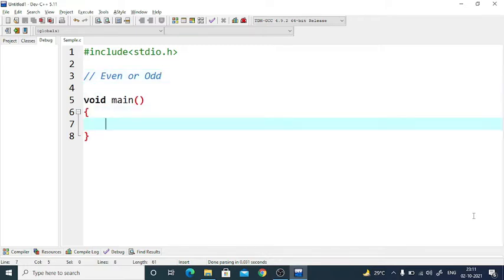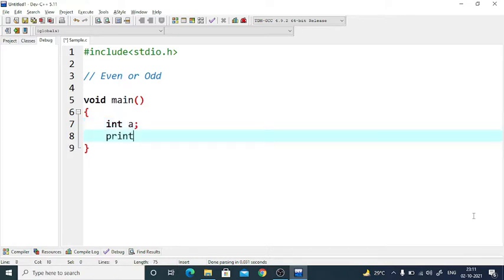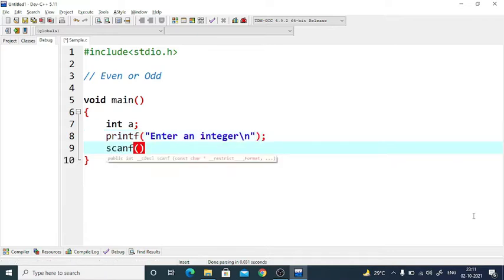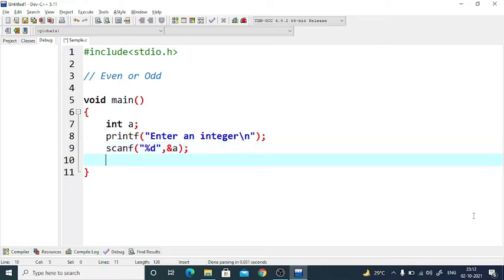We'll be having an integer variable as an input. So I can print the message to the user saying, enter an integer. That will be taken as a. Now we need to decide whether this given integer a is even or odd.